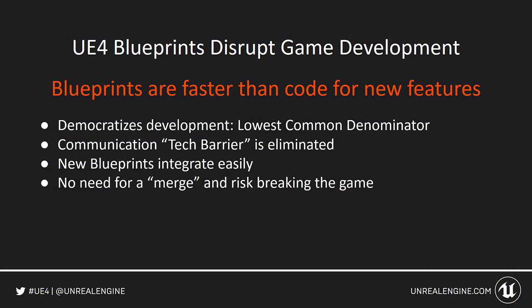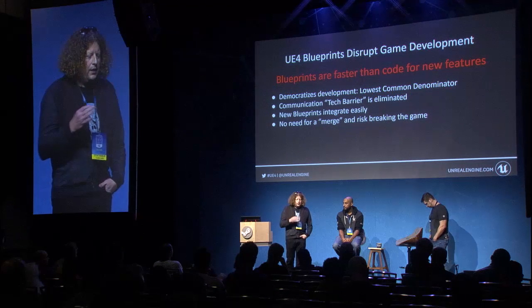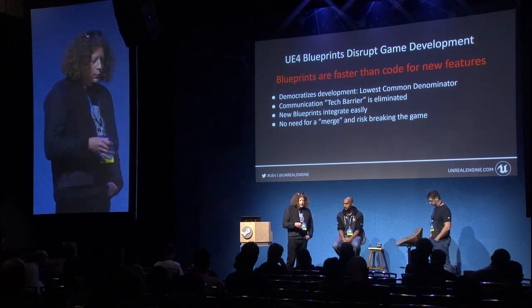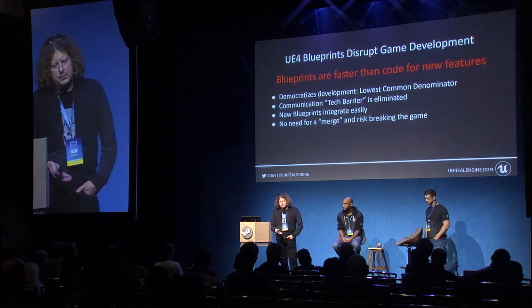The other issue is that new Blueprints integrate really, really easily. What's happening is that we're seeing there's no longer the need for the merge and the risk of breaking the game. We can just keep working and keep making things using Blueprints, and then when 4.14 comes out, we just build a new project, and the game works. Rarely do things actually break from it. In the past, when we've taken a new build or a new version from Epic, when we had a code-based engine, it's weeks' worth of programmer time to make sure that the merge happens properly. So Blueprint speeds every aspect of game development up.